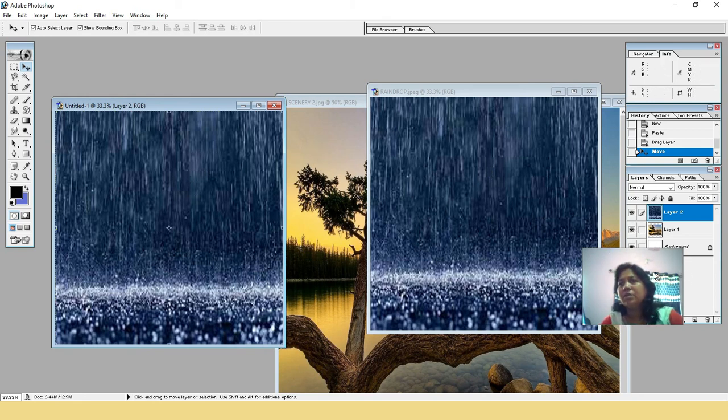Now check the layer panel. Here layer 2 and layer 1 are there. Okay, all are displayed. Here the opacity and fill options are there.